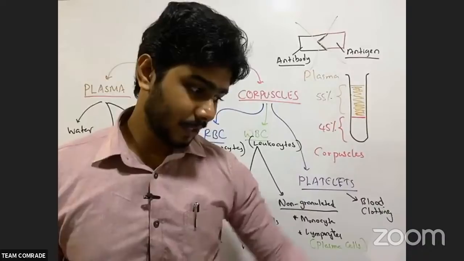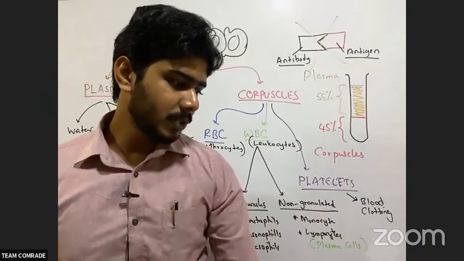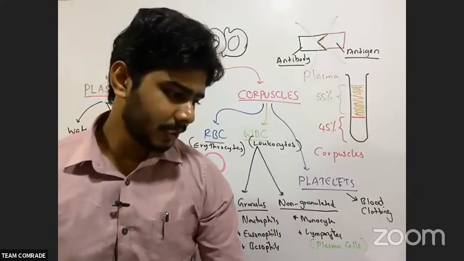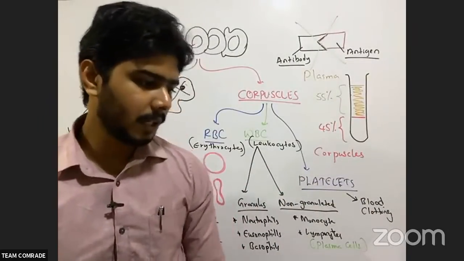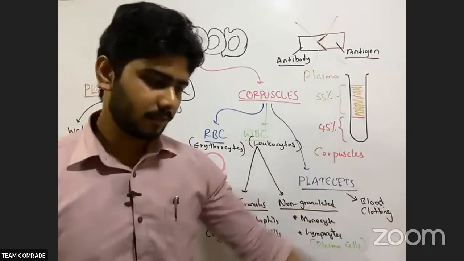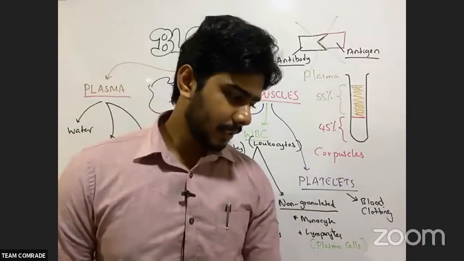Now you have huge knowledge about this. Plasma is the liquid part of the blood. It transports substances dissolved in it, for example hormones, proteins, enzymes, gases, minerals, vitamins, etc. Highlight them and keep.